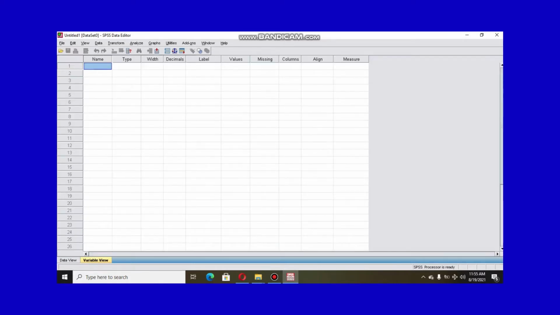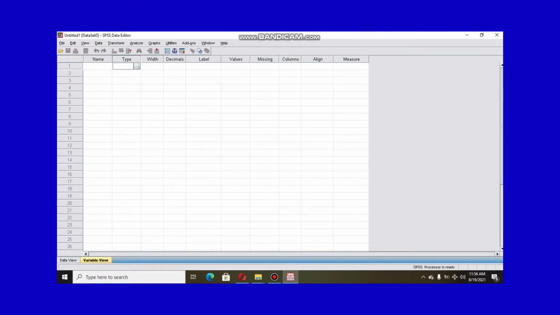This is so because sometimes we use the information from the respondents to create extra variables or extra components that will require that you enter the data into the application. So some of the data that we use to create certain variables is basically collected from the respondents.